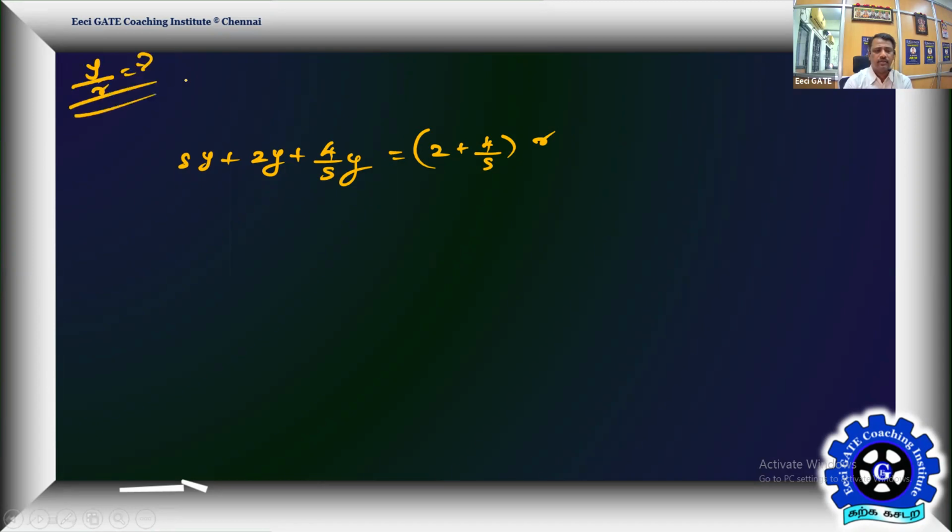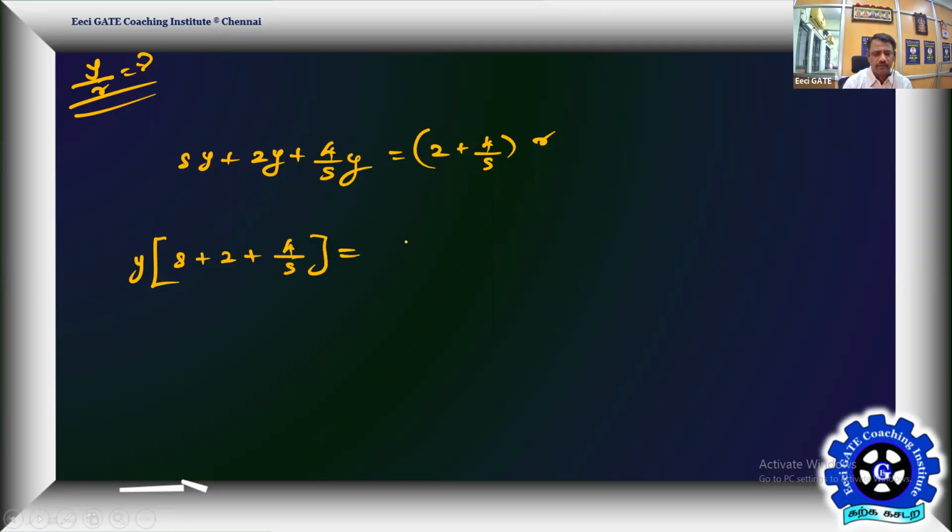So the beauty of this technique is it's very common sense. You play around the loop with the signals and you are looking for y. You start from y, play around it, bring your input also into the play, then make the simple expression, then modify this for your y by r. So then take y common, then what is the remaining? s plus 2 plus 4 by s you will get.